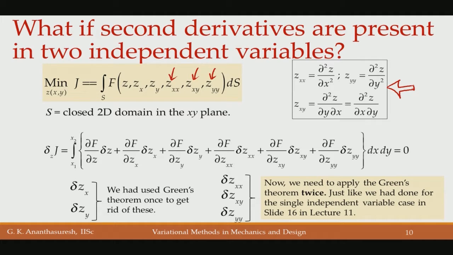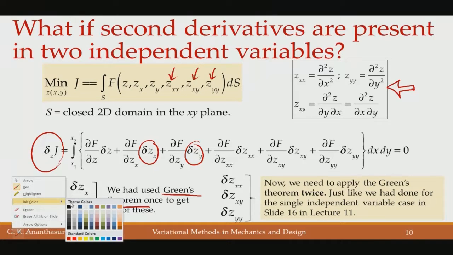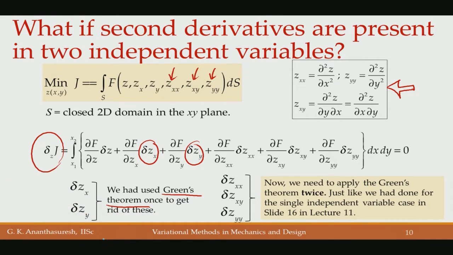Okay. Now, in order to arrive at the differential equation and boundary conditions, we again take the variation with respect to z, we get everything, and to get rid of these two we apply Green's theorem and get to delta z. Now, if you want to get rid of these other terms, that is delta z x x, delta z x y, delta z y y, you have to apply Green's theorem twice. Okay. That is all there is to it systematically,